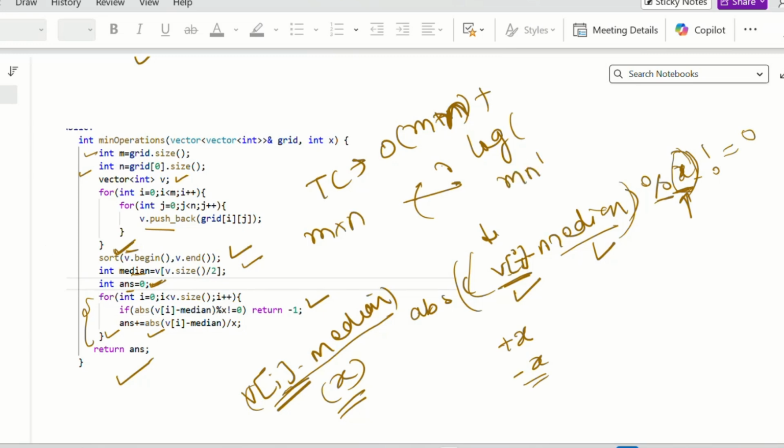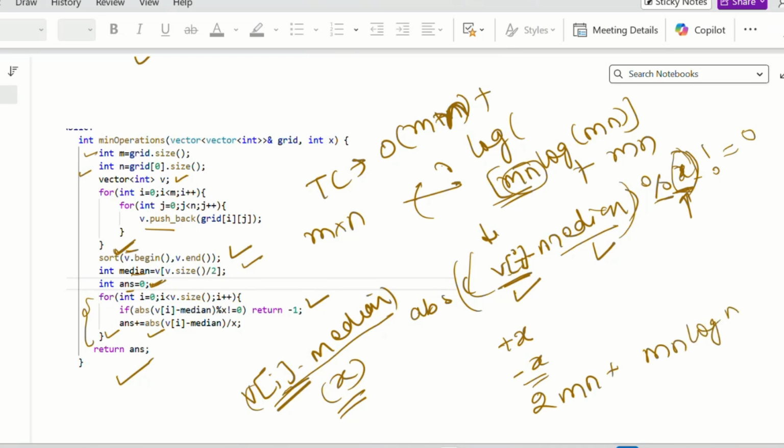So mn into log mn. This will be the time complexity to sort this vector, because mn is the size. And again, this loop is taking mn time. So time complexity will be 2 into mn plus mn log mn. This value will be greater than the other, so we can discard it, and the time complexity will be big O of mn log mn.